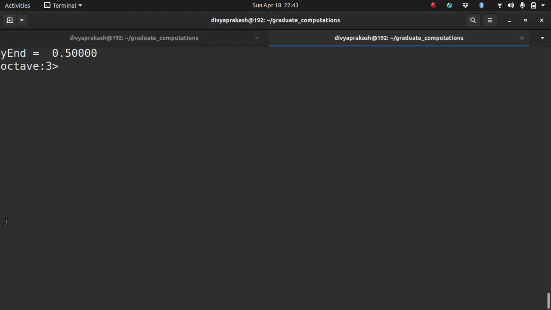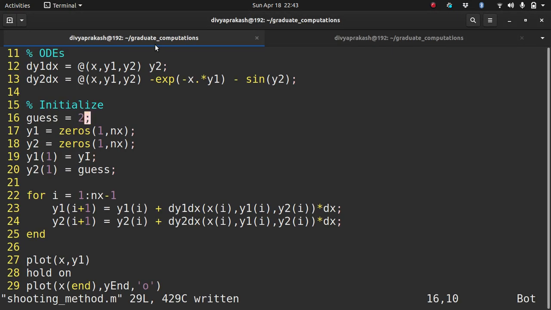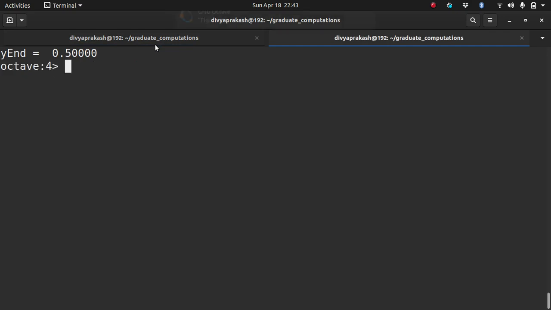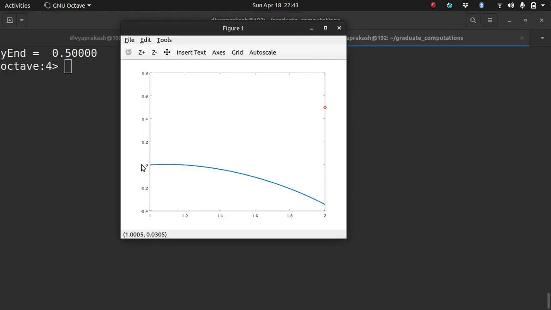No, it's further going up. So what we can try is, let's see, maybe 0.1 will work. So this is why it's called a shooting method, right? We start with a boundary condition and we shoot by taking different guesses till we reach this. So this doesn't really look, you can reach it after trying multiple values, but it doesn't seem like an efficient